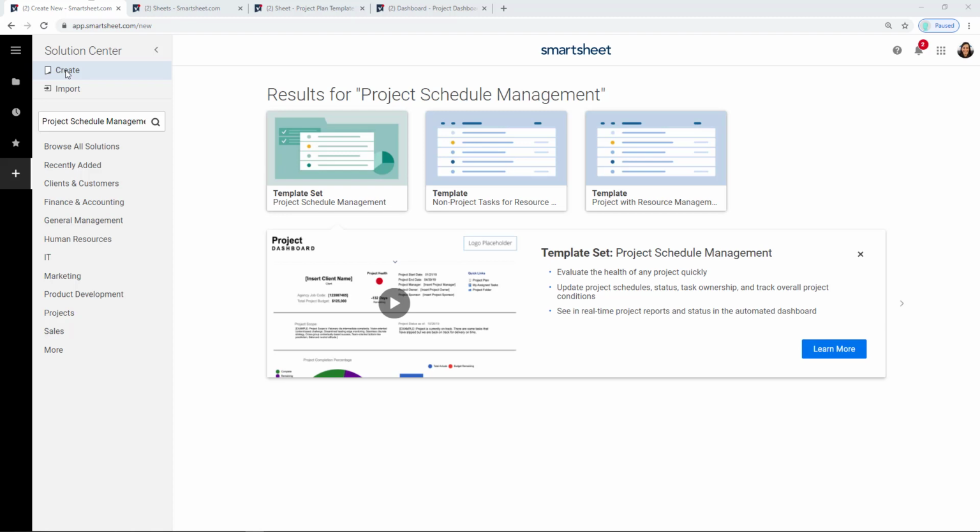Today, to start with a pre-built dashboard, we're going to look through and either browse or search for a template set, and set is the important word here because that tells you you're downloading more than a single sheet. That is going to include typically a sheet, a report, maybe a few reports, and at least one dashboard. We're going to be using the Project Schedule Management template set today,